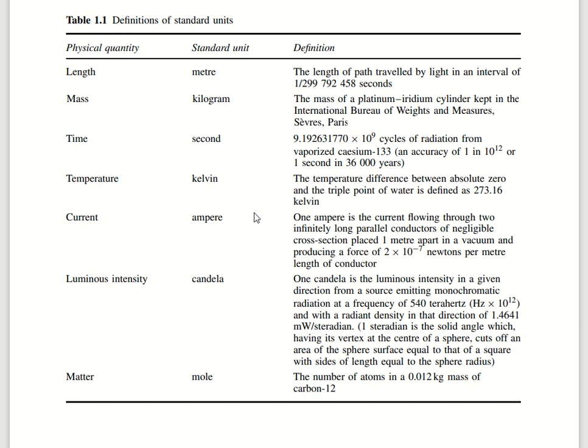How did ampere got defined? It is current flowing through two infinitely long parallel conductors of negligible cross section placed 1 meter apart in vacuum, and producing a force of 2 into 10 raised to minus 7 Newton per meter length of conductor. How did candela got defined? Candela is basically luminous intensity, and